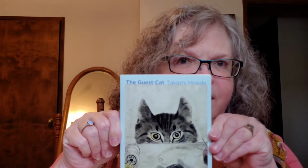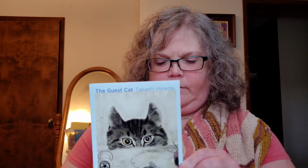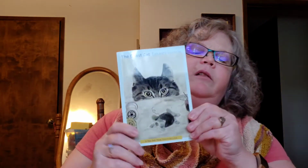And this book is The Guest Cat by Takashi Hiraide. I'm sorry about the bad pronunciation. I should have checked what the correct pronunciation is, and that was my fault, and I'm sorry. Let's see, who translated this? Translated by Eric Selland, and it is mostly about a couple,